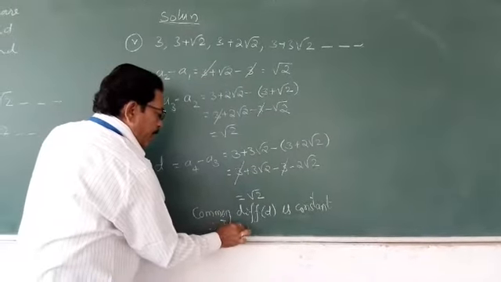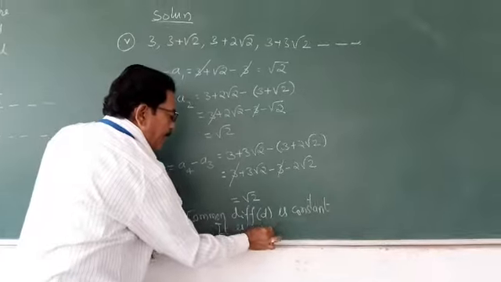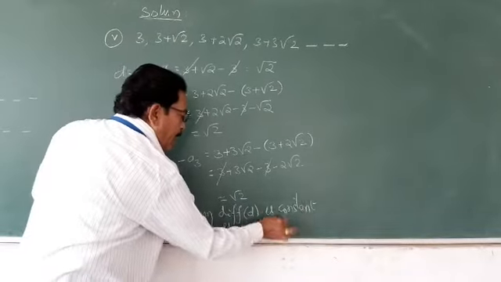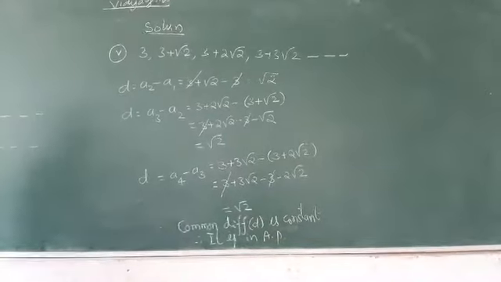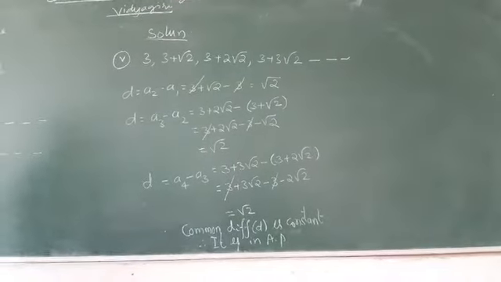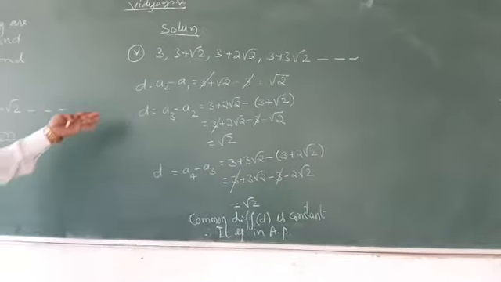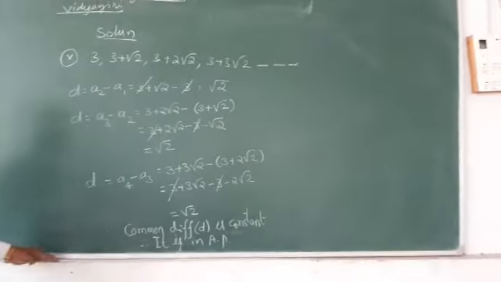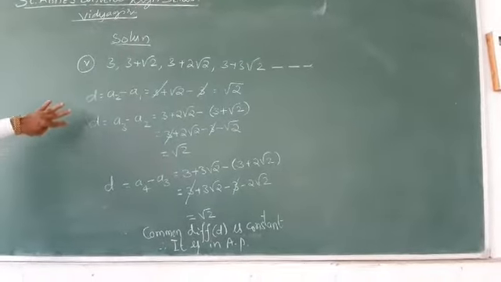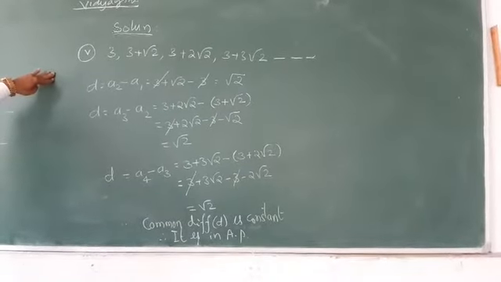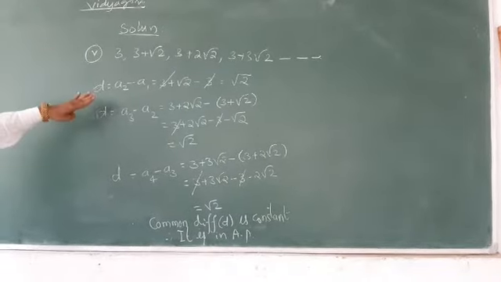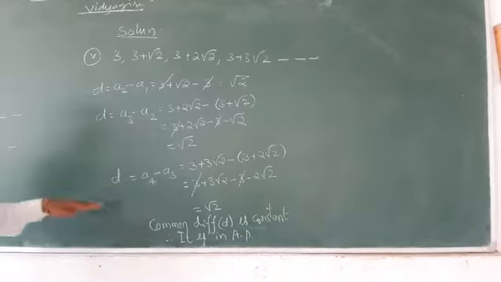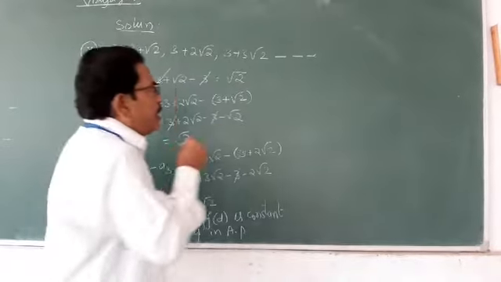Therefore, it is in AP. In other words, we can write that a2 minus a1 is equal to a3 minus a2. That satisfies the condition, so it is in AP. The 3 terms we have to write. Next 3 terms are